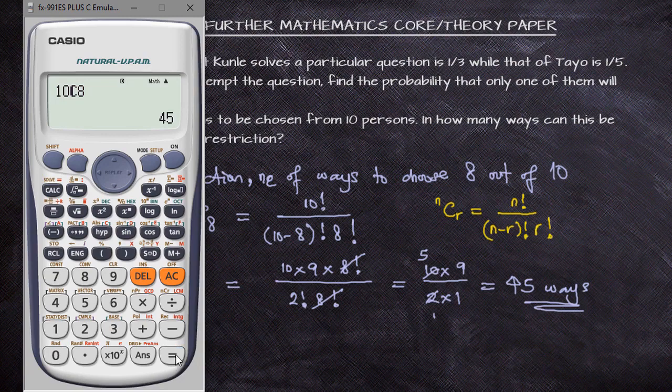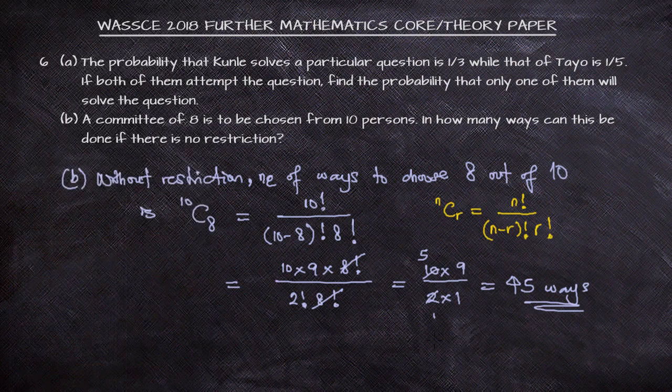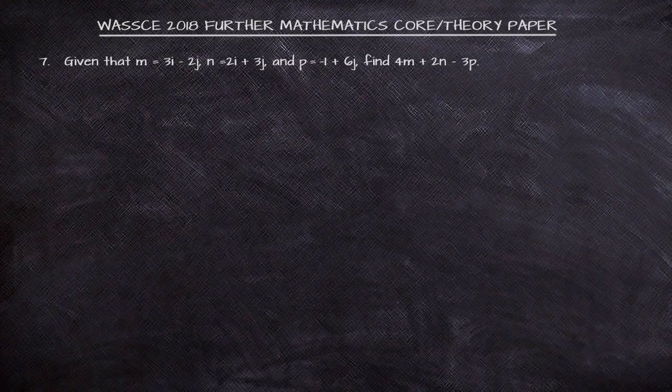That is equal to 45. And just like that, our question number 6 is totally solved. So here, our question number 7 from 2018 for the mathematics core paper. We have a question on complex numbers, but it's only algebra processes that we are going to be carrying out